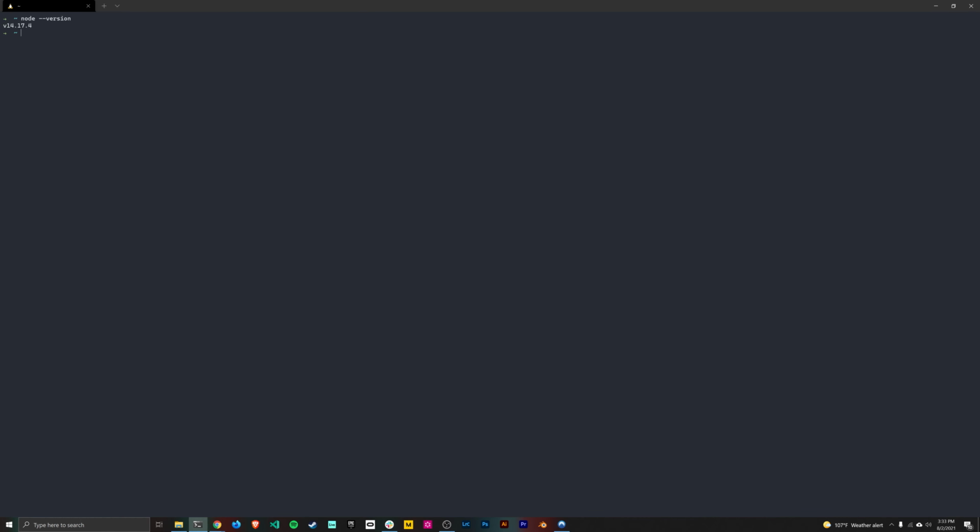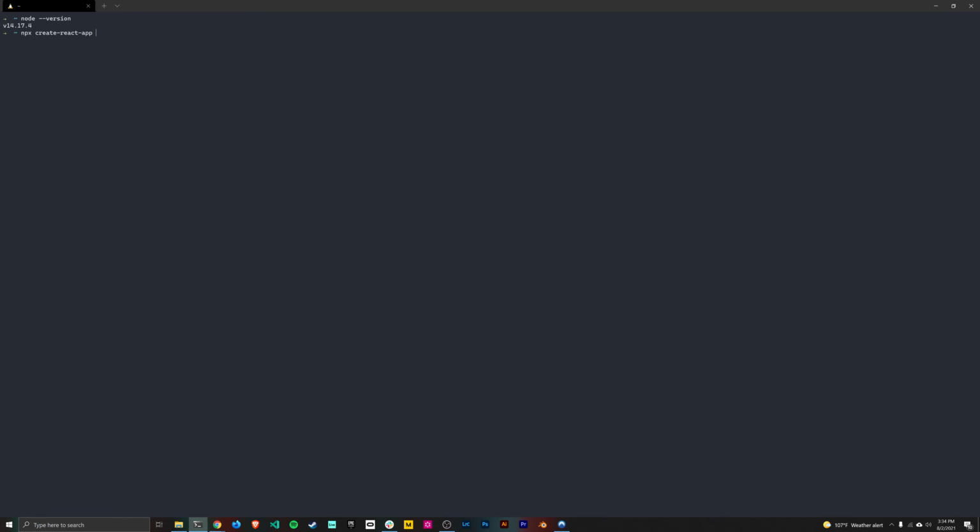So the first step is, let's create a new React app. And to do that, we can use the npx command from Node. npx is a way to run Node packages directly from the registry. It'll install them for you, but you don't have to install them first and then run them. You can just do it with this one npx command. So you can run the create React app